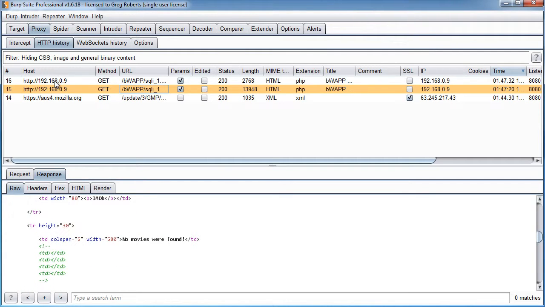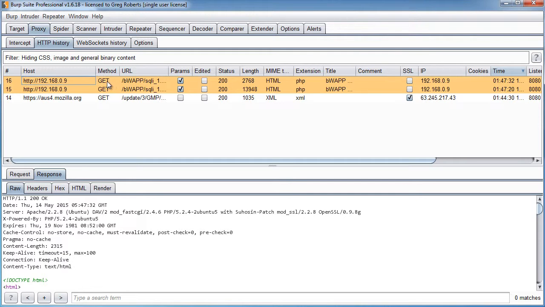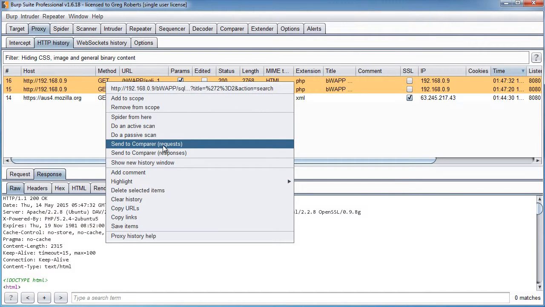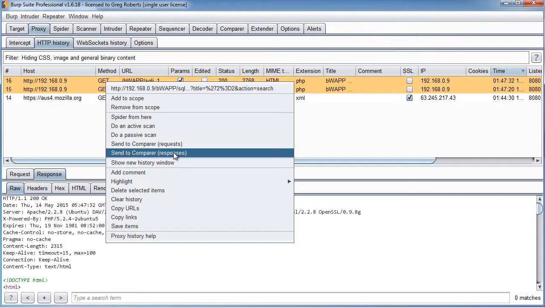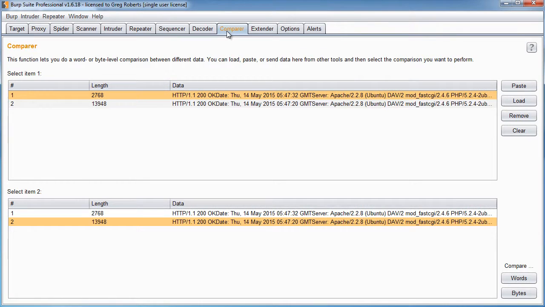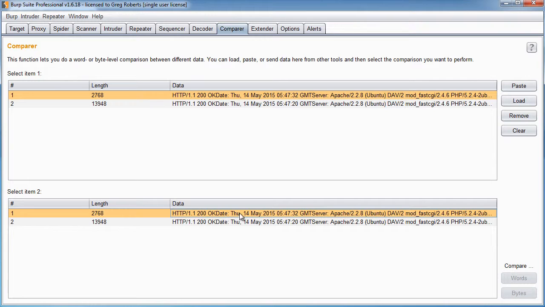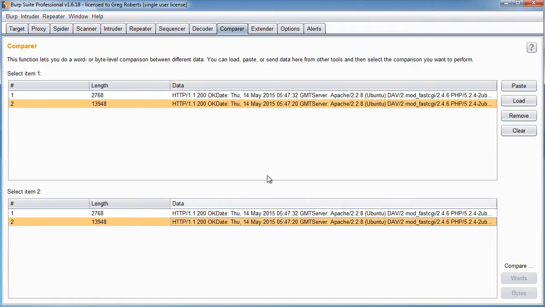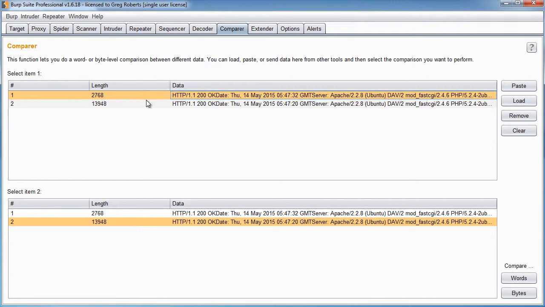So I'm going to select any two of these items and right click them, and then I can say send to compare. Now it's going to say, okay, do you want to compare the requests that you made, or do you want to compare the responses that came back from the server? And I'm just going to say let's compare the responses. Now in Compare, the top list and the bottom list have the same items in them. So this right here is our first request, and this would be the first request too. So don't select the first one from each list or the second one from each list because they're the same. So select list item 1 and then list item 2 from 1 and 2,